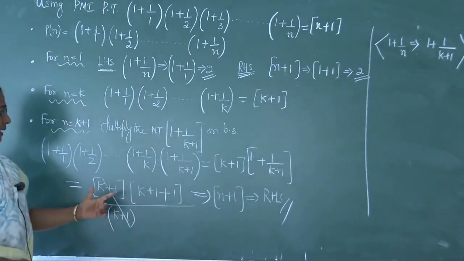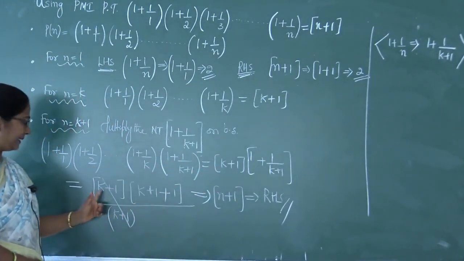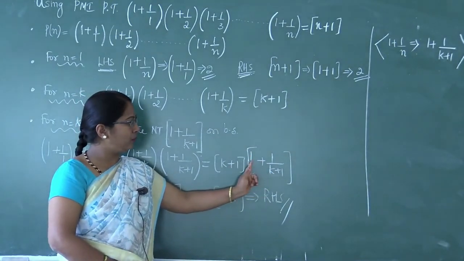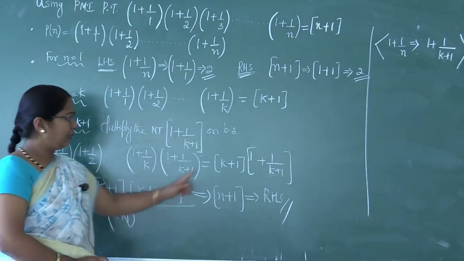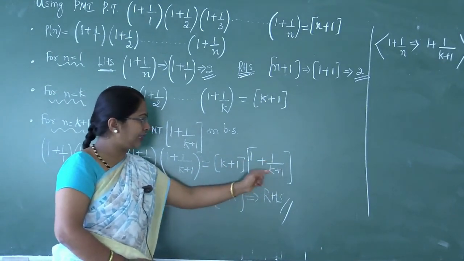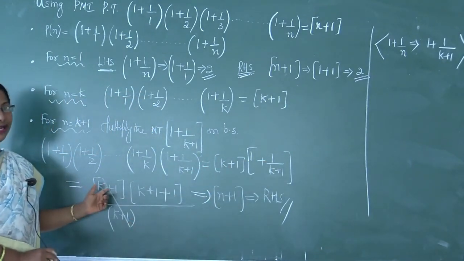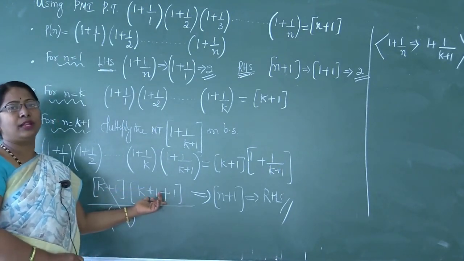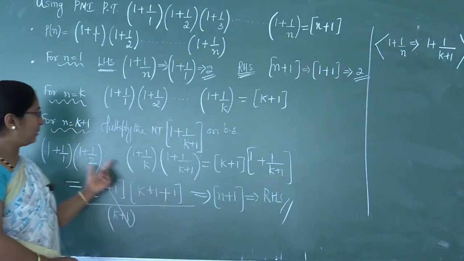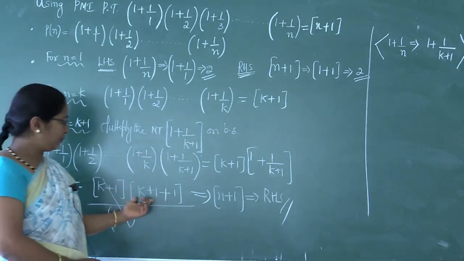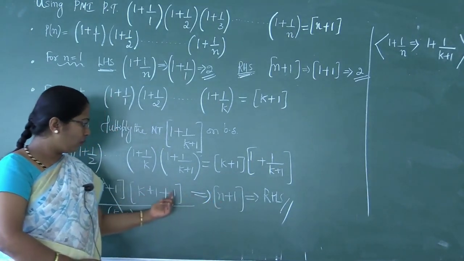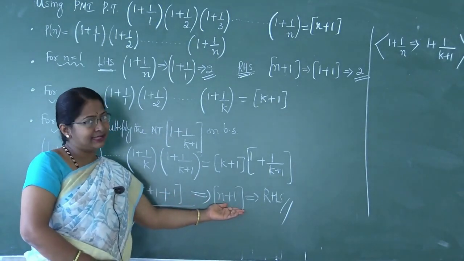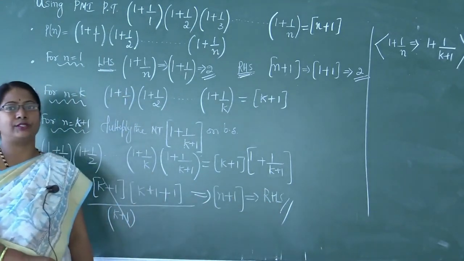Once again I'll explain the last step. K plus 1 you will write as it is. Now you can cross multiply, take LCM. K plus 1 into 1 will be k plus 1. Plus 1 remains as it is. Whole thing divided by k plus 1. K plus 1 and k plus 1 get cancelled. Left out is k plus 1 plus 1. What is k plus 1 equal to? N. So in place of k plus 1, what do we write? N. What is left out? Plus 1. So this statement can be written as n plus 1, which is equal to RHS.